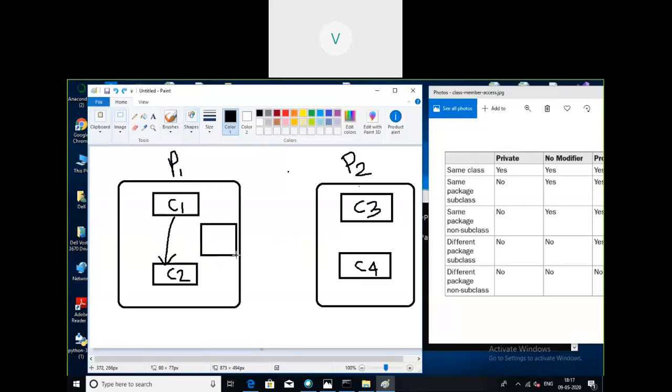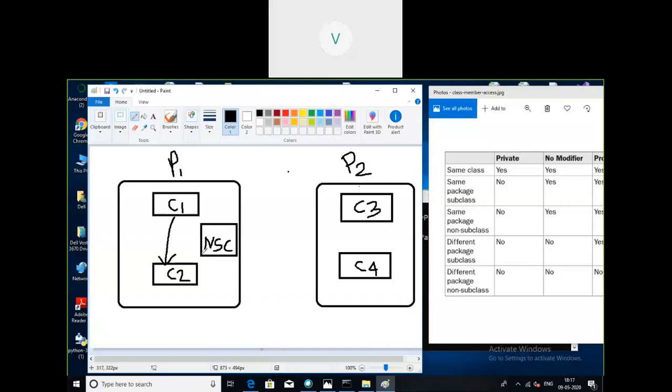Some more space here. Okay. Class non-subclass, NSC. I've given some name for that.